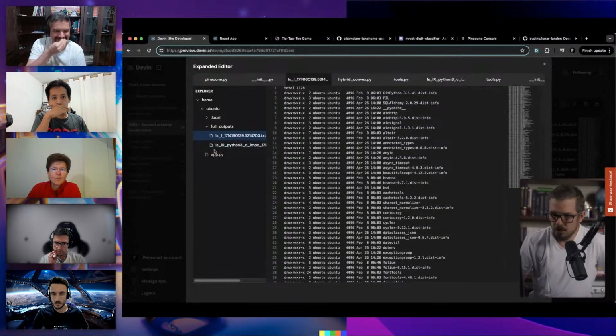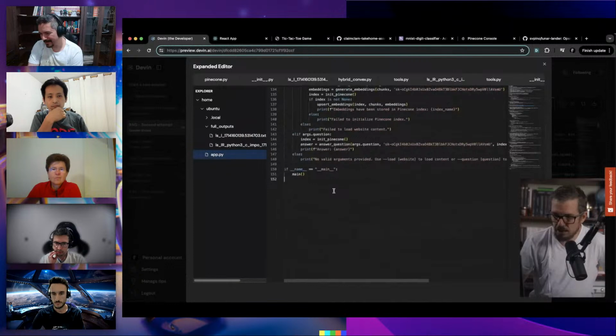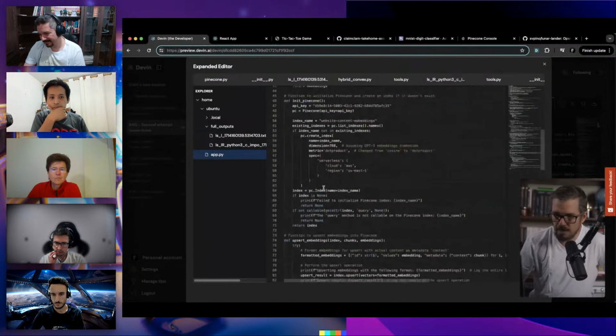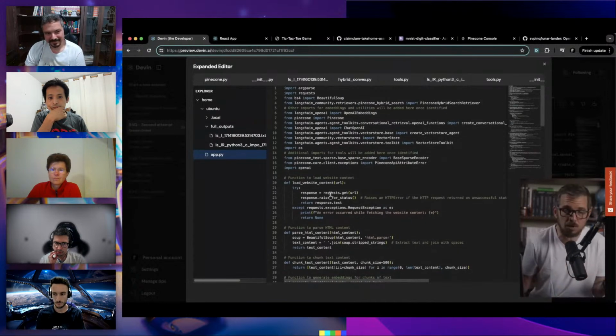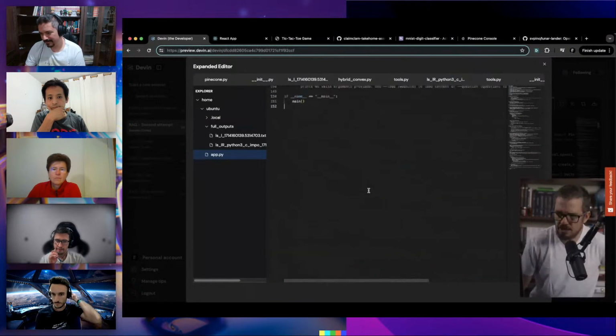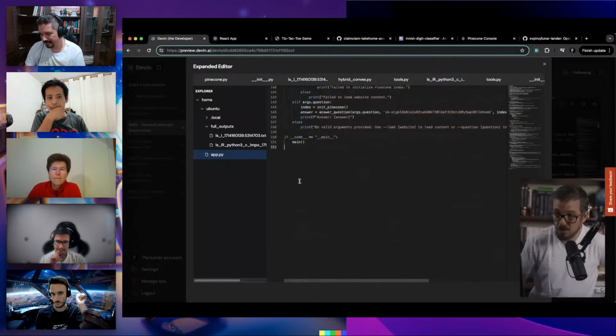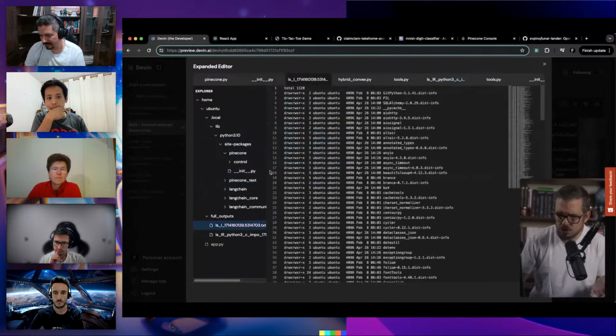Let me see. So I have an app file here. This file is 151 lines of code to do something that maybe right now using LangChain, you need a couple dozen lines of code to build this entire application. Might be a little bit of an exaggeration, but definitely you do not need 151 lines of code. But that's not it. Look at all of these files. I don't know if this is downloading the Pinecone library here. Why is it doing this?